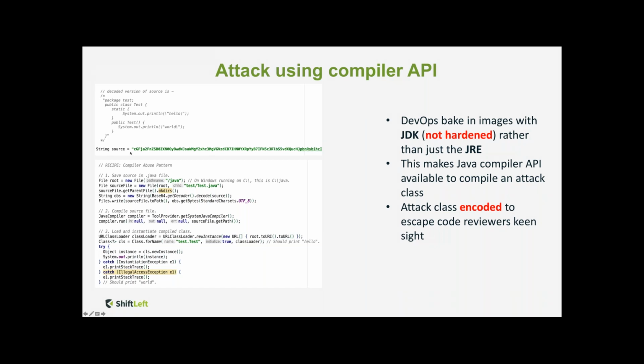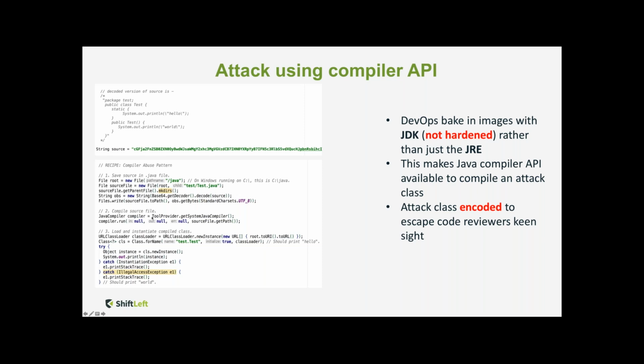So let's carefully examine these two constructs in screenshots here. You see a string source, a long obfuscated or encoded string, which actually represents a class containing a static type and a constructor. And notice that there are a series of function blocks here. The first thing it's doing is decoding this encoded string, saving this as a .java file in some restricted folder or any folder on your file system, and then initializing an instance of the